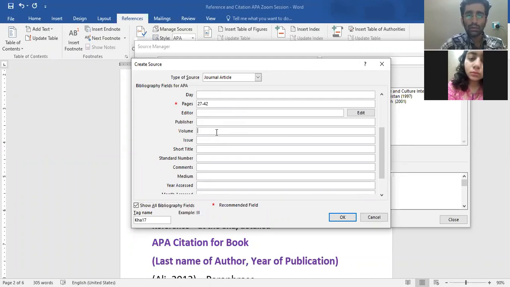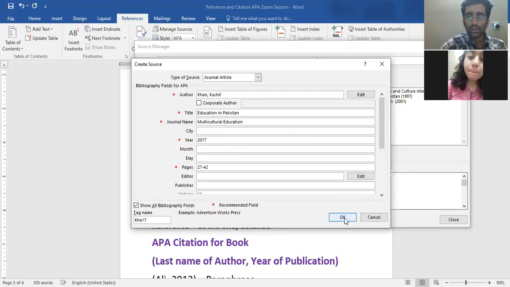So we need to add the volume number. Say the volume number was 62, and then the issue number. Say second issue. We did nothing but add the values of the required information. Then you press OK.